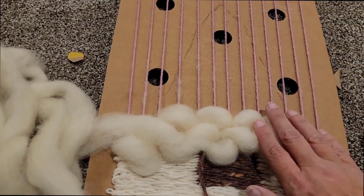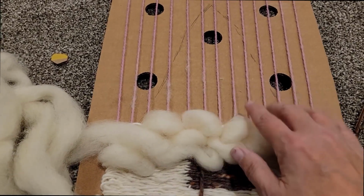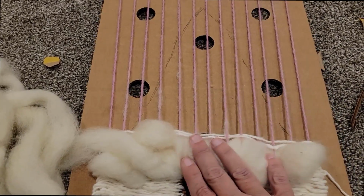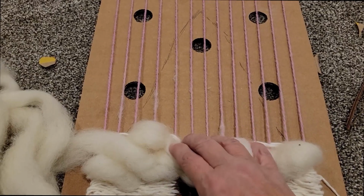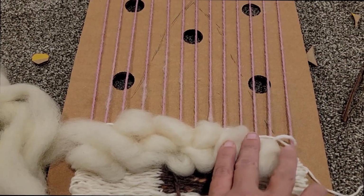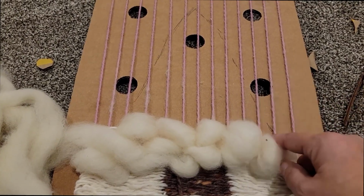Now I'm doing a similar thing with the roving. So I've started doing the roving. I loop it. So I'm doing sort of like a carpet pile, making little loops with the roving. And then I'm putting in, every so often, a single row of the white. At some point, see how we've got a hole there? So there's gonna have to be a period of time where you weave in fact, I'm gonna take this out